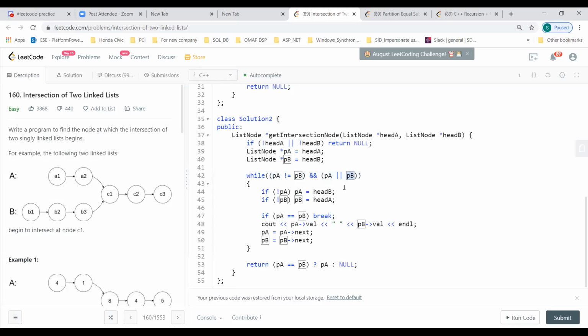If both are null, it means they are not going to converge, and then we exit this loop. And then we move the pointer: if PA is null, when my A pointer has reached the null position, I then start pointing it to the head of B, and vice versa.